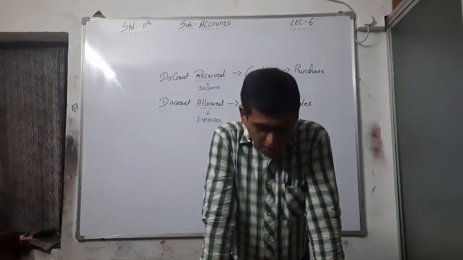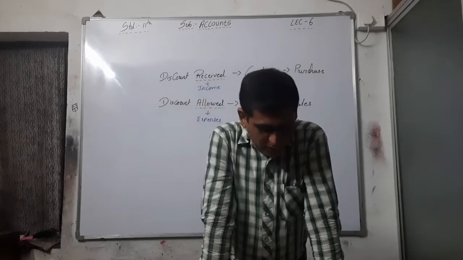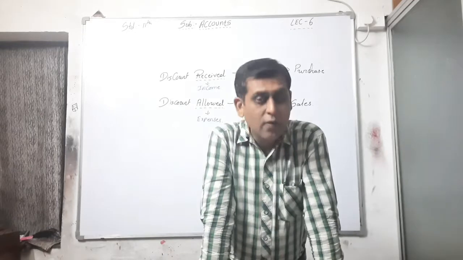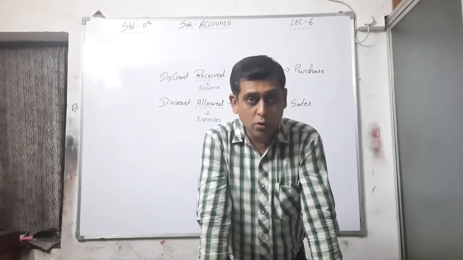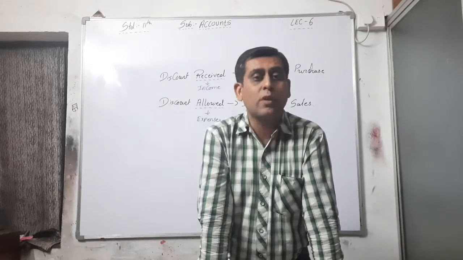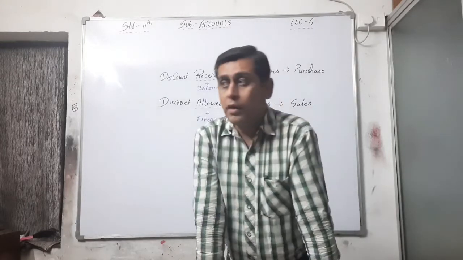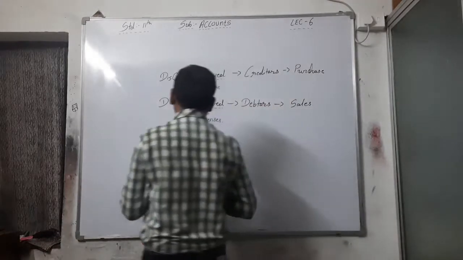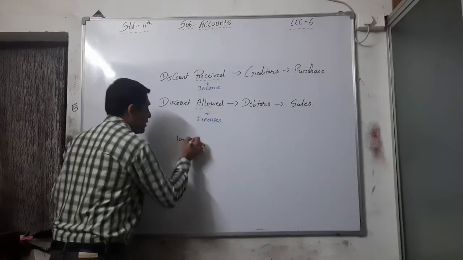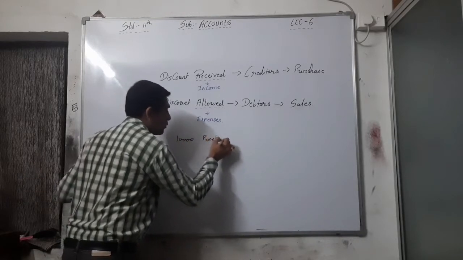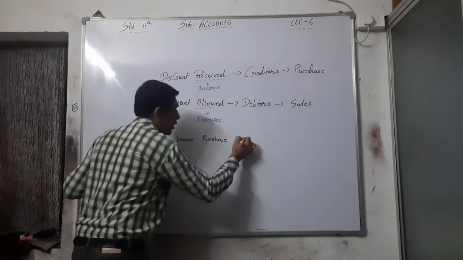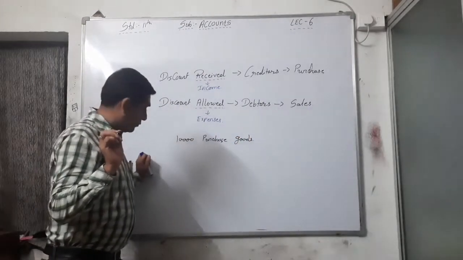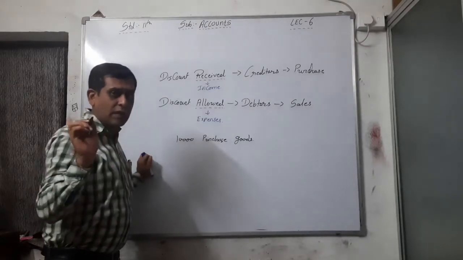Okay, an example is given. Goods of rupees 10,000 purchased from Ramila Ben, and 2% discount will be allowed if the amount is paid in 15 days. 10,000 rupees goods is purchased from Ramila Ben, and if I am paying that particular 10,000 in 15 days, then see here, I am purchasing the goods of rupees 10,000, and if I am paying this 10,000 within 15 days, then